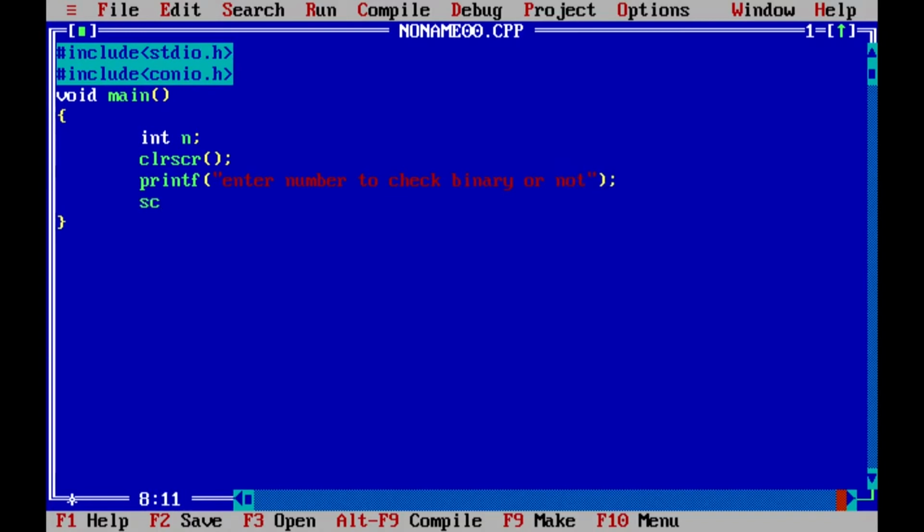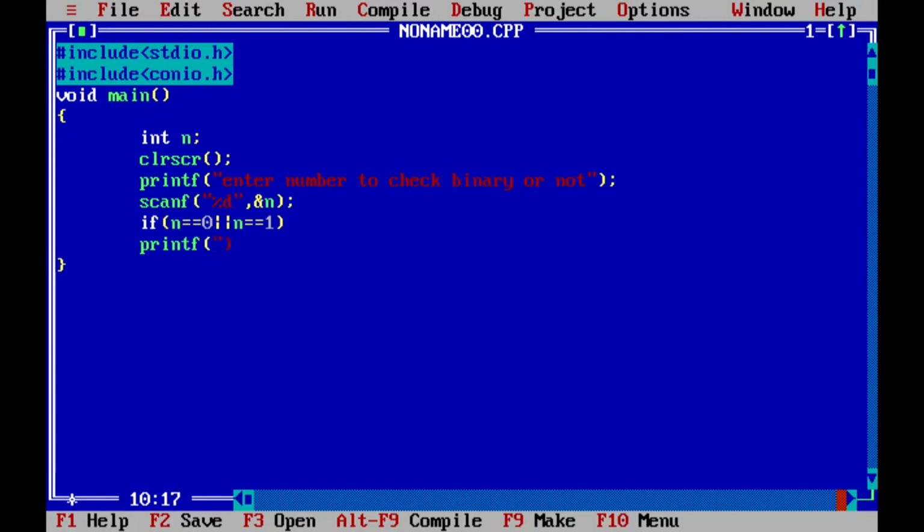In scanf we are entering one integer, the address of n. Moving to the next, in the if condition we write n equal to 0. Binary numbers are 0 and 1, so when n is equal to 0 we use the OR operator, which we discussed in our previous video on conditional operators, and n is equal to 1, then we print